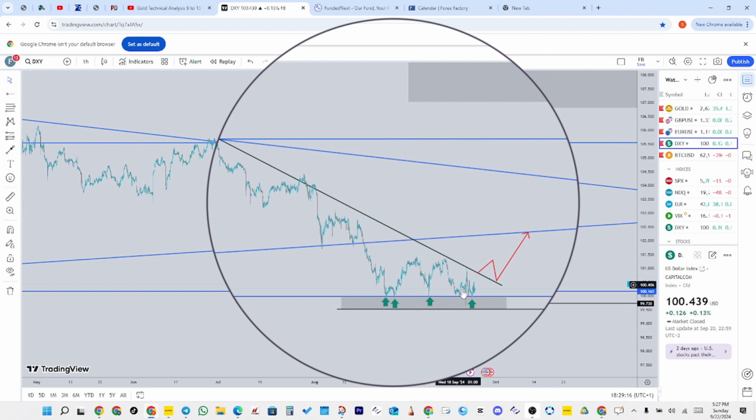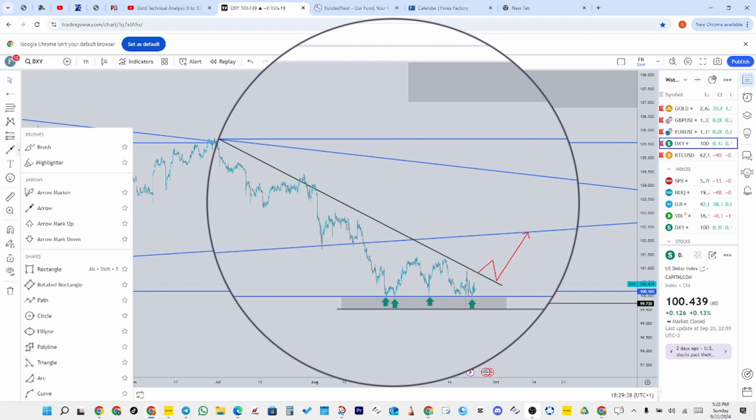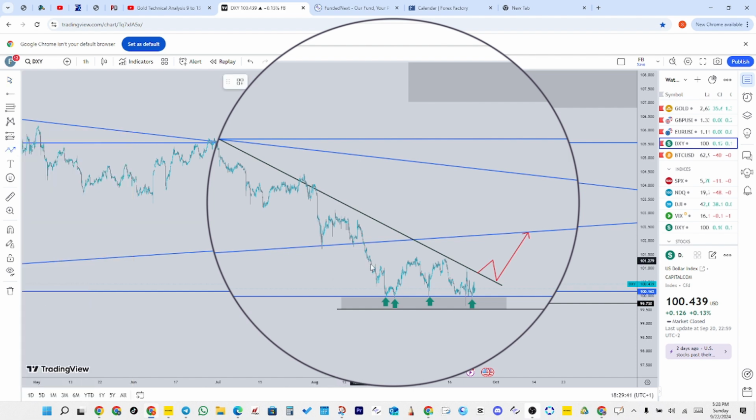We realize that the market is finding it difficult to break this particular zone. So it has made numerous touches on this support line. Obviously, you can tell that anytime the market wants to create some kind of reversal, it has been in a downtrend for a couple of weeks now.